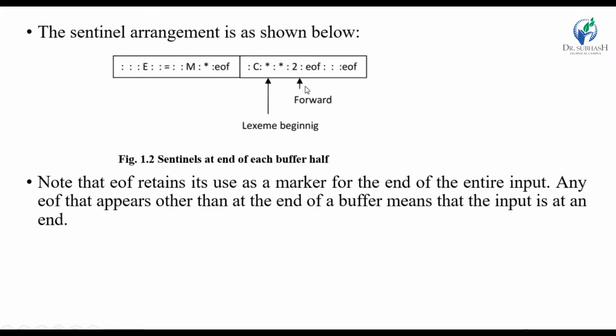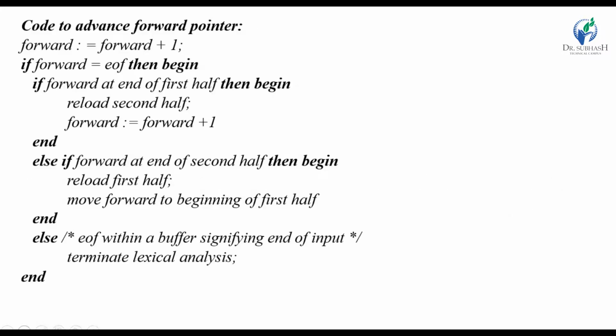Here, first increment the forward pointer. If the forward pointer is at end of file, it means that if your forward pointer is at this place, then you have to reload the second buffer